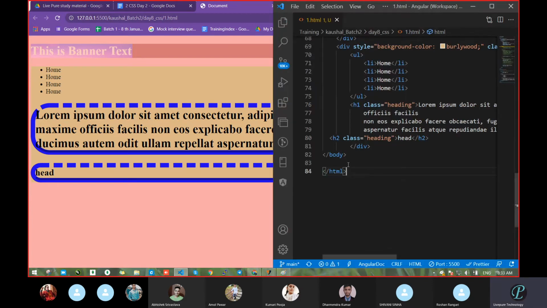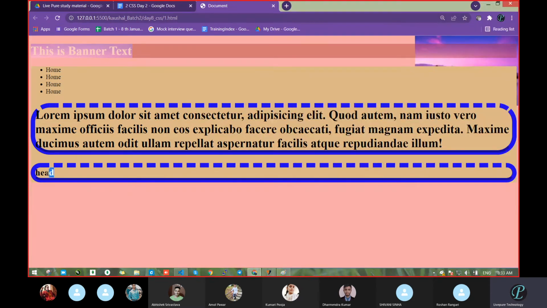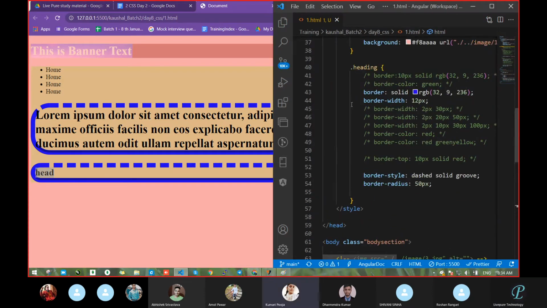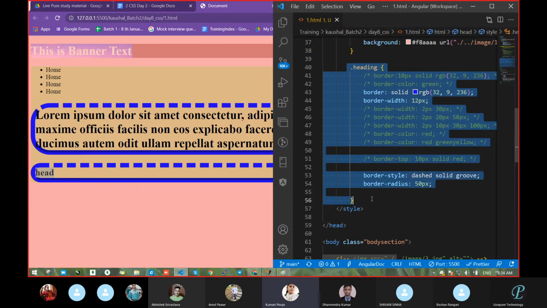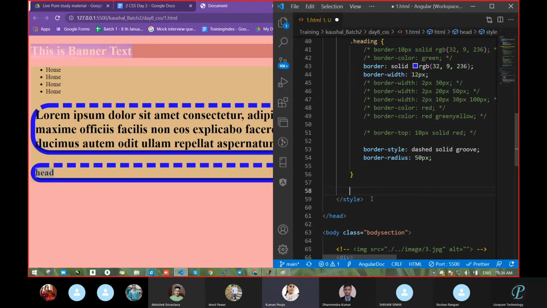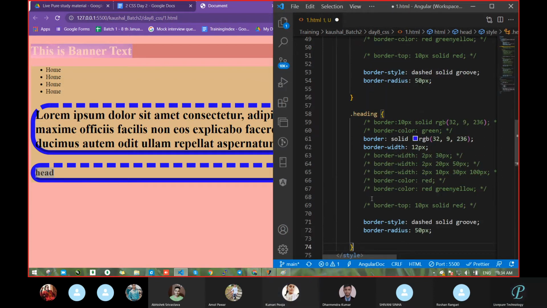Now, can anyone tell me, Pooja or Shivani, both of you, why we got a border like this way when we are taking a head only? I had told that it depends on the text. So due to the text, it has to come this way only. But why did we get it like this? Because of the heading? Not the heading, something with a special name. Class. Because of class.